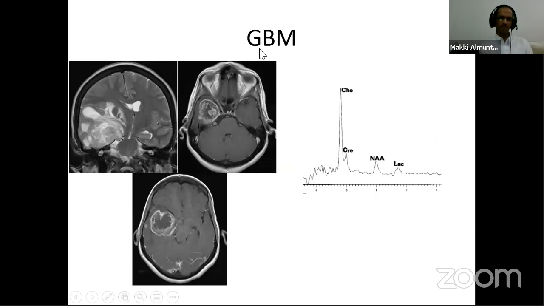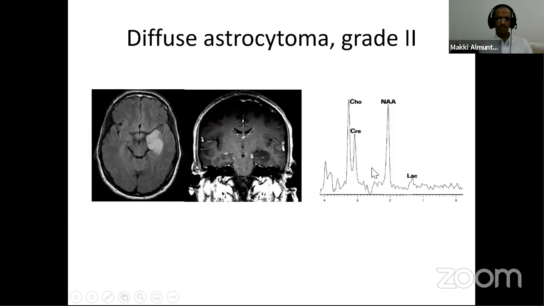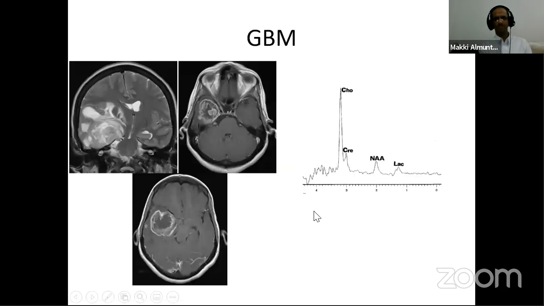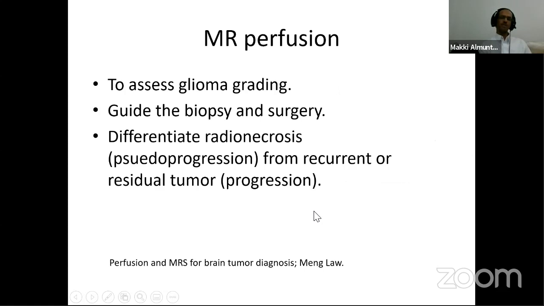This patient with GBM, glioblastoma multiforme, has heterogeneous signal on T2 weighted images, heterogeneous enhancement, and when we did spectroscopy, NAA is very low compared to the low grade one here. So this is a high grade tumor. But the best way to differentiate low grade from high grade is using perfusion. Also, it helps you to guide the biopsy and surgery and to differentiate radionecrosis, which is pseudoprogression, from tumor progression